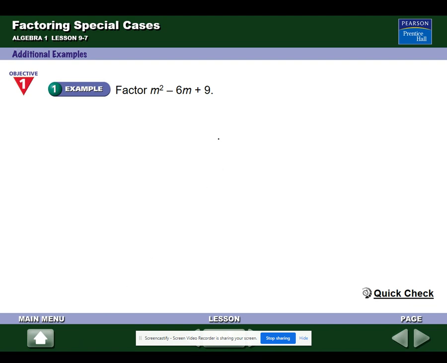Let me show you why. AC, 1 times 9 is 9. What are the factors of 9? 1 times 9, 3 times 3. So then what do we do? Well, we're going to rewrite the middle term. You're not doing this. I'm just showing you why you shouldn't do this. We're just going to rewrite the middle term as minus 3m minus 3m. So you have m squared minus 3m